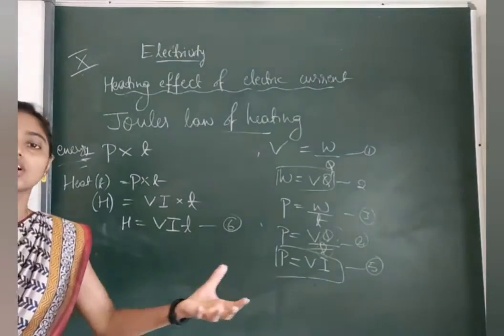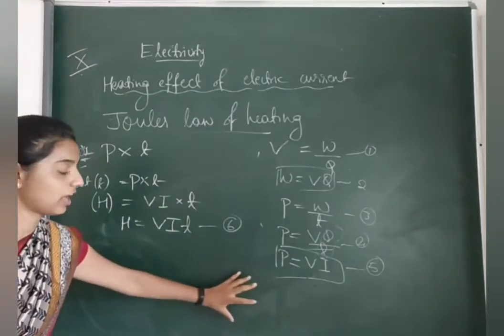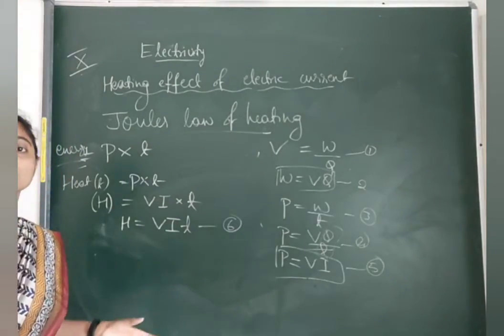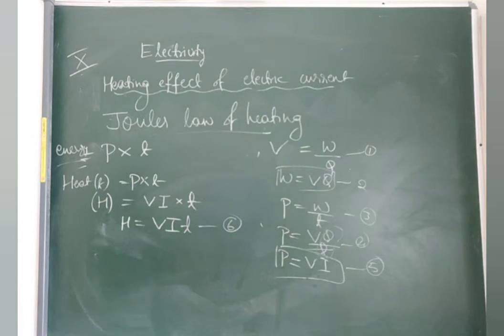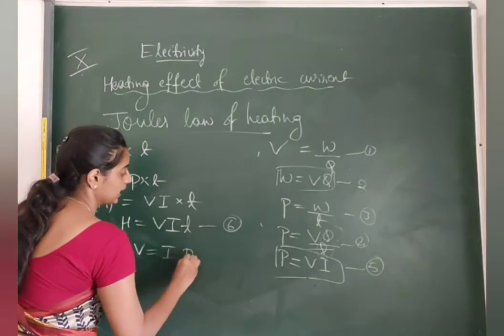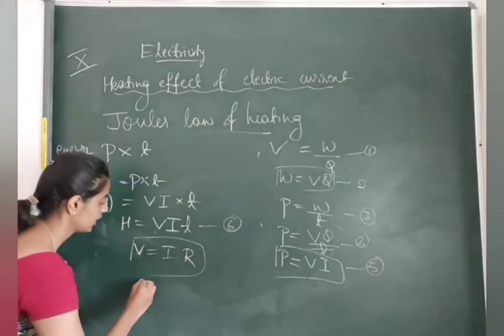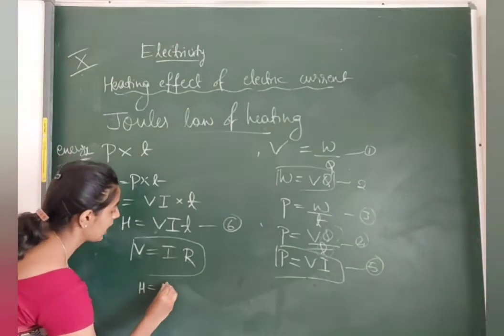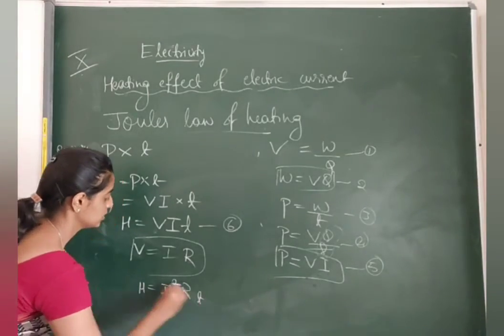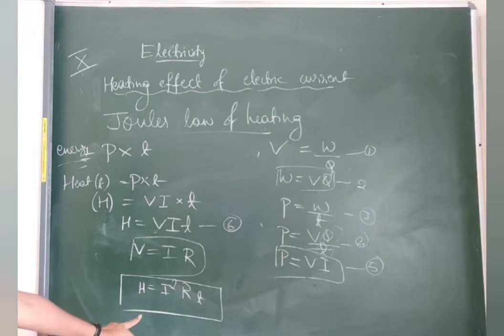When you look at Google or any extra references, you will get the equation for heat from this point. But in our syllabus, we have one more equation with a few more substitutions. Let us see that. Now H is equal to V into I into T. As we already know, we will be using Ohm's law everywhere, right? So what is Ohm's law? Ohm's law is nothing but V is equal to IR. Correct? Shall I substitute in the place of V this IR? Yes, we can do it. So H is equal to what I get? I square R into T. So this is the main equation which we are trying to get.